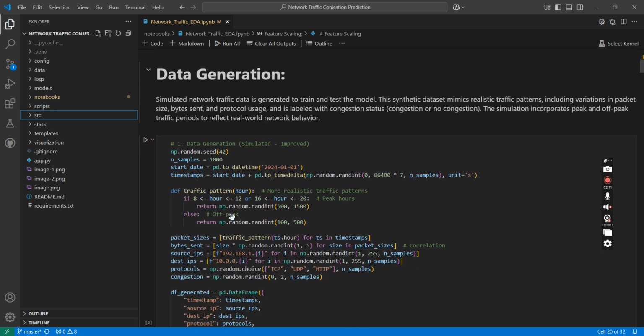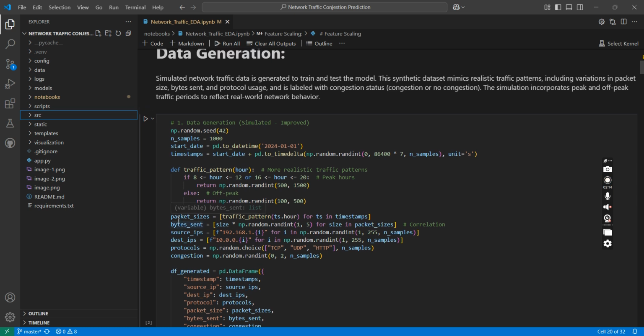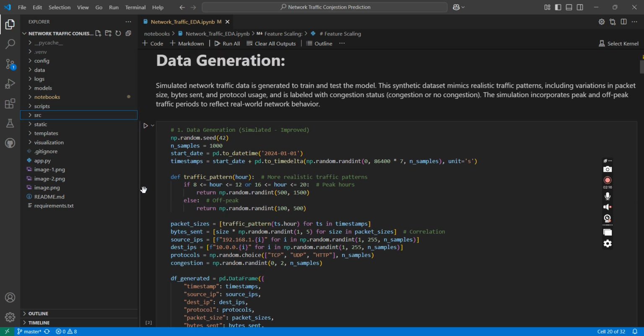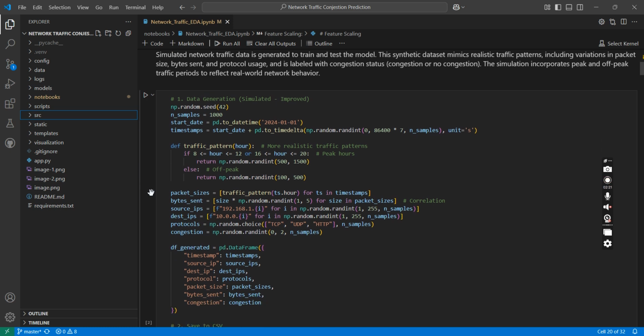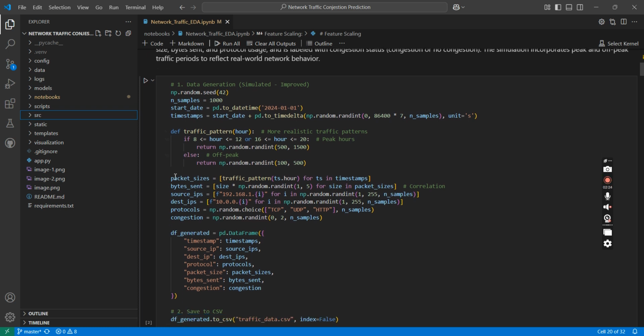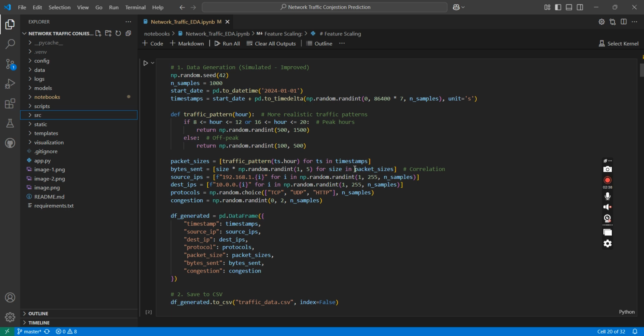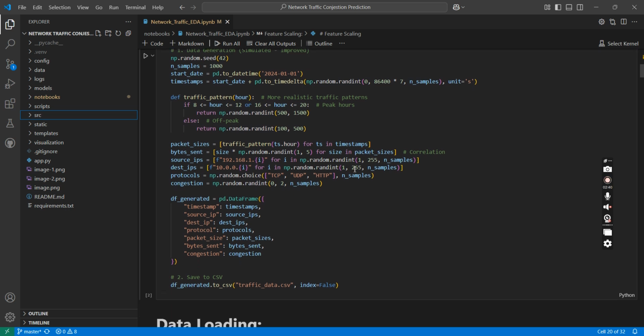So what we did here is we created our own data instead of looking for it on the internet. I've used simple Python code using numpy and pandas to generate some random but realistic data. I've added a function called traffic pattern to generate the data in a more realistic way. So during peak hours it will generate higher values, and in off-peak hours it will generate lower values. We are generating packet size, bytes, source IP, destination IP, protocols, and the congestion, which is the target